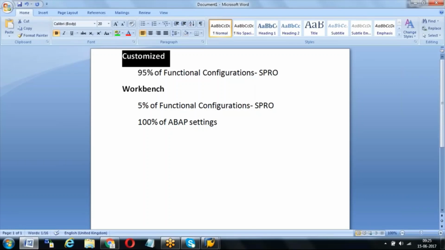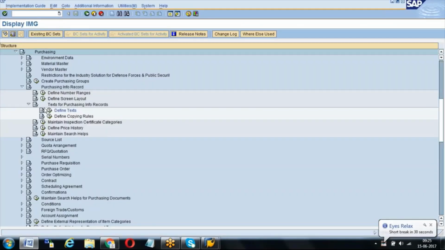But for a customizing request, we have to transfer from one development client to another development client. In the same development landscape, we have 100 and 200, two clients, so then we have to transfer. When it comes to workbench, in your development landscape you can have 2, 3 or 4 clients. Once you make changes, the system asks you to enter a workbench request. Then those changes will be automatically visible to 100, 200, 300, whatever clients you have. For everything it will be visible because it's cross client.